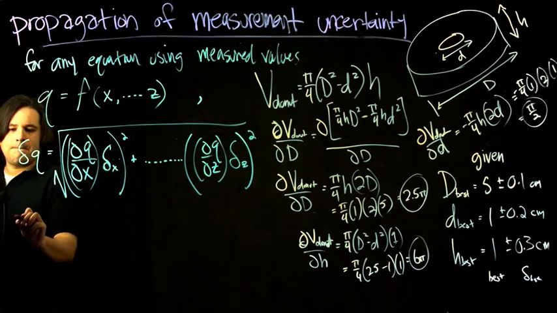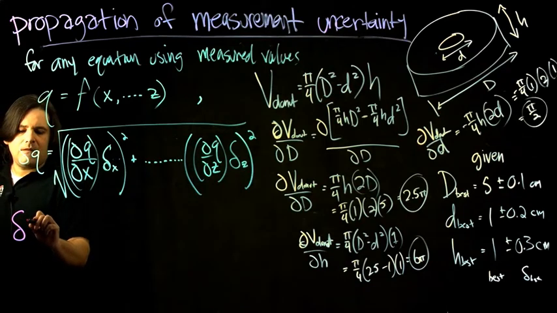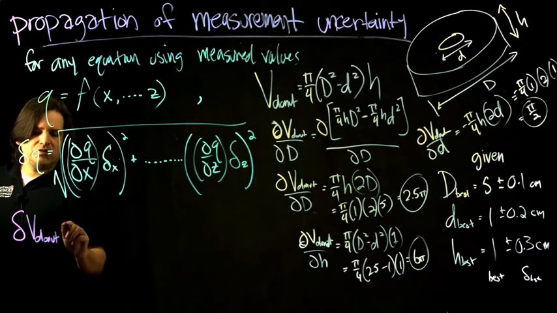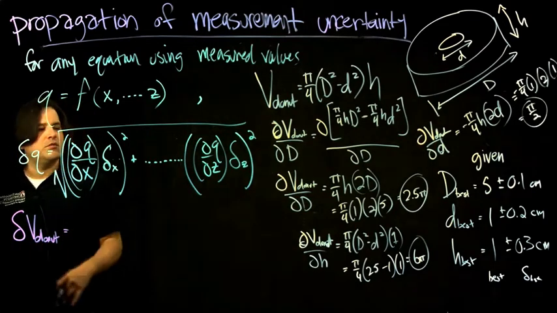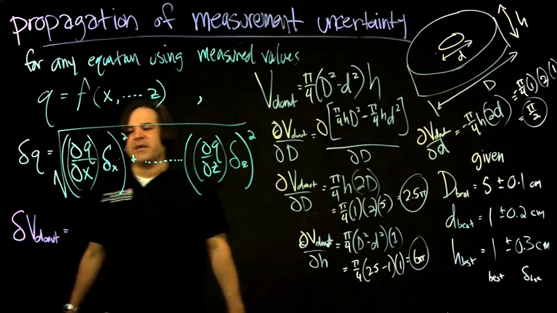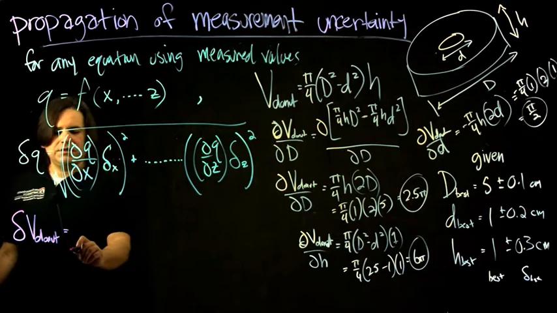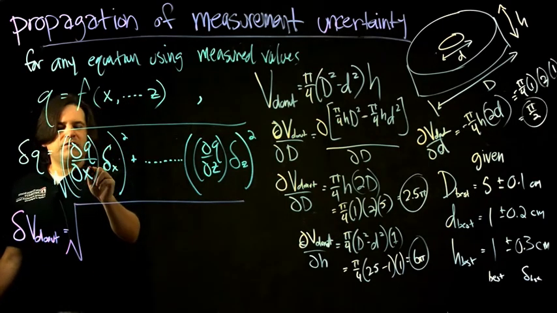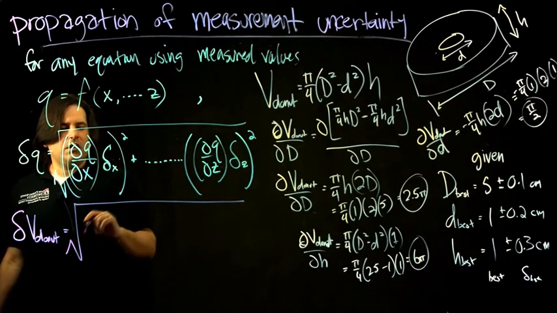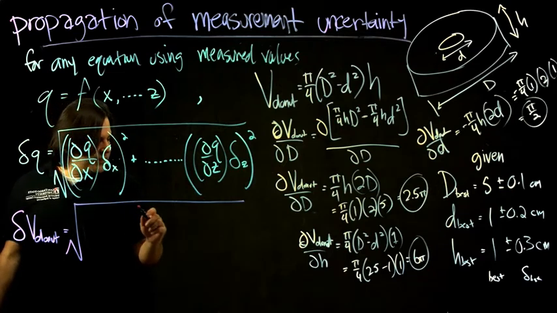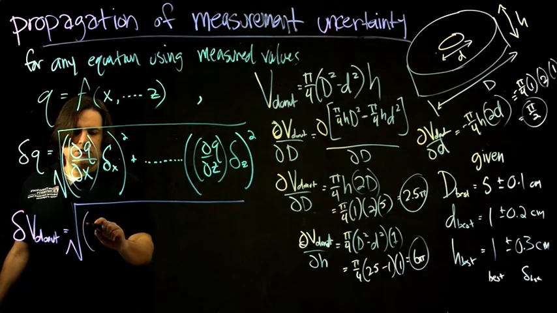We're going to use our engineering skills to get the volume of the donut and then report the experimental uncertainty based on our measurements. So it's going to be the square root of the partial derivative of each variable times its experimental uncertainty. So in this case, it's going to be the square root of the sum of these squares, which would be